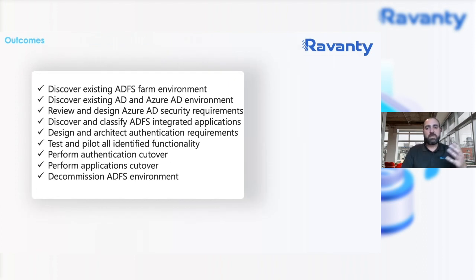As it pertains to this ADFS to Azure AD migration, just to touch on activities and outcomes, we start with that discovery that Yesai talked about of the existing ADFS farm environment, discovering existing AD and Azure Active Directory presence, and making sure that best practices and foundational aspects are in place before even moving forward with application migration or putting any users in Azure Active Directory from the standpoint of accessing those applications.